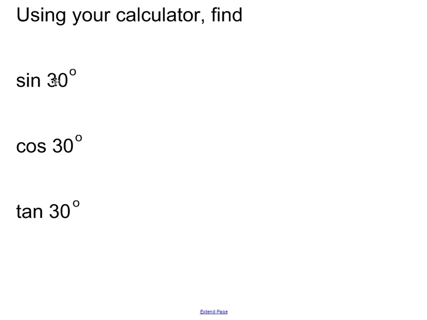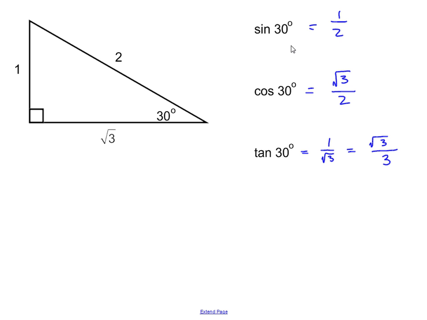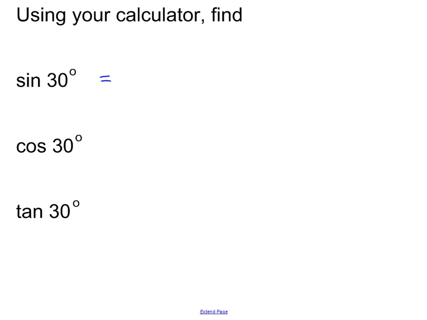Using our calculator, we're going to put in sine of 30 degrees and figure out what the decimal is. You need to make sure that your calculator is in degrees and not radians. So when you put this in, we already know that the sine of 30 should be 1/2. So when you put that in your calculator, you should get 0.5. For cosine, you should get 0.866, and for tangent, you should get